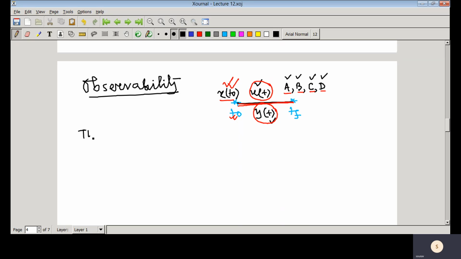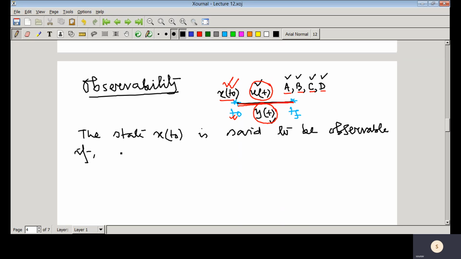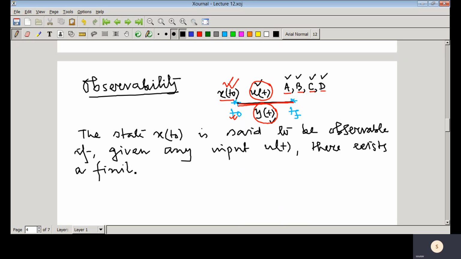The state x(t0) is said to be observable if, given any input u(t), there exists a finite time tf greater or equal to t0, here we have seen that is tf, such that the knowledge of